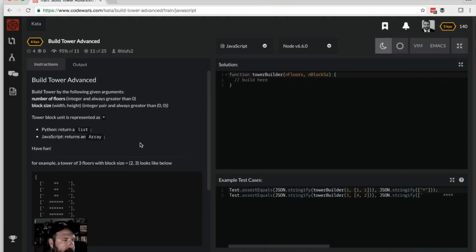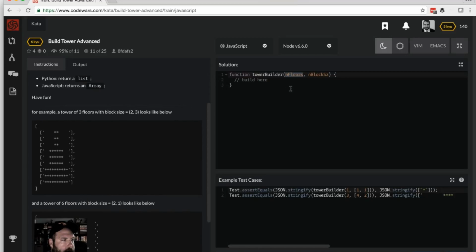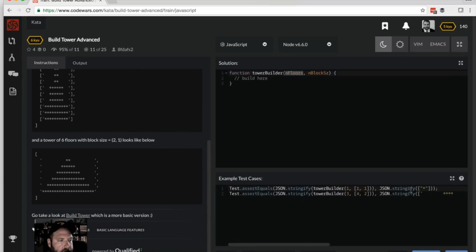See what kind of input we're getting. N floors. And n block size, and I believe n block size is an array. Take a look at our test, which they have provided. Thank you very much. JSON.stringify. So I think the hardest thing about this is probably that we need to figure out how to space this stuff out. And I'm kind of wondering if we can either just do a little bit of math to figure out what the last row size is going to be, so we know how to center that first row,